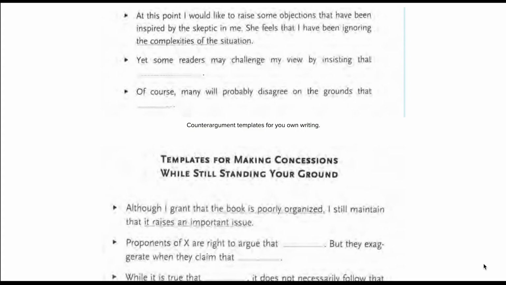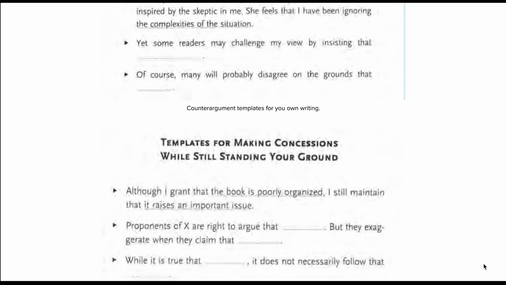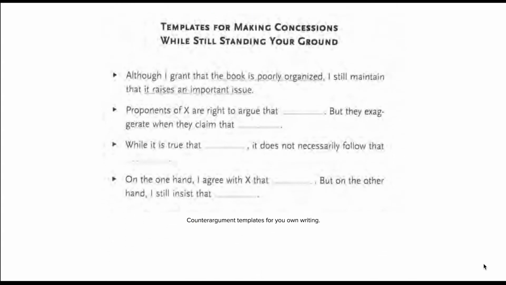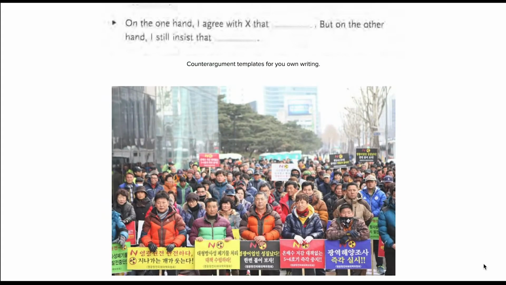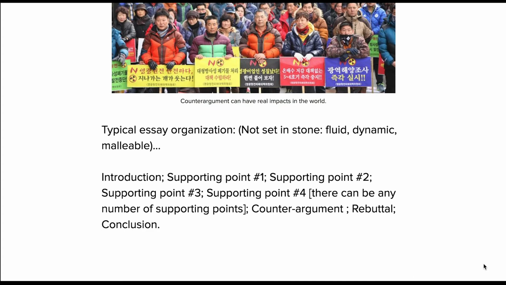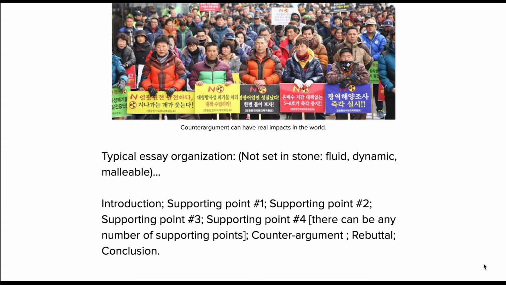You'll see here, these are some templates that you should copy down, that you should use in your actual writing itself. These are templates from a book called They Say, I Say, that show very text-based, quite literal formatting choices that you can mimic in your sentences to set up really strong counterarguments. These are some templates for making concessions while still standing your ground. This is where you can say, okay, someone might disagree with me on grounds X, Y, and Z. They have good points related to this and that. However, what they're not factoring in enough, what they're not valuing enough, is my thesis statement, my central argument.